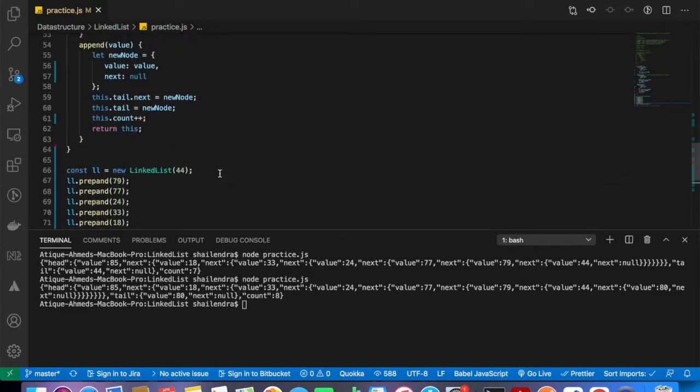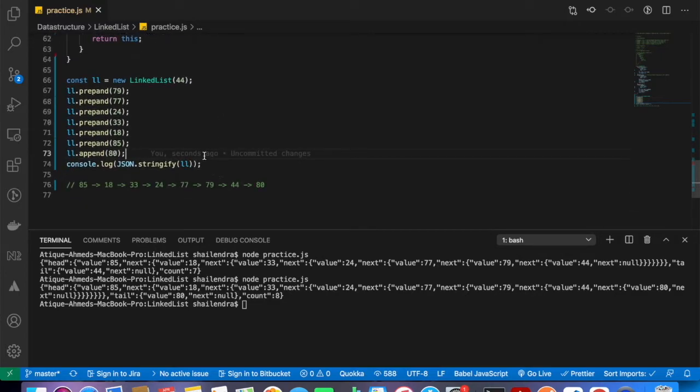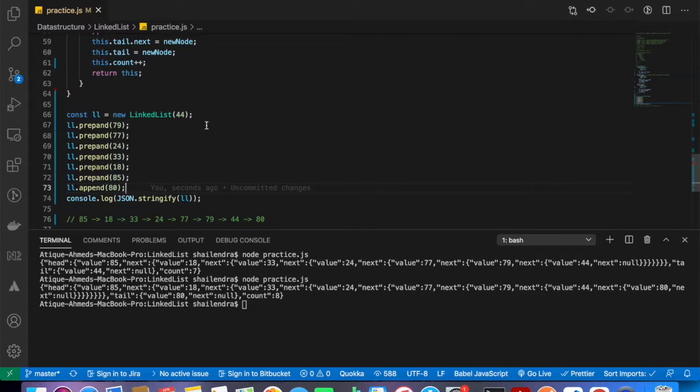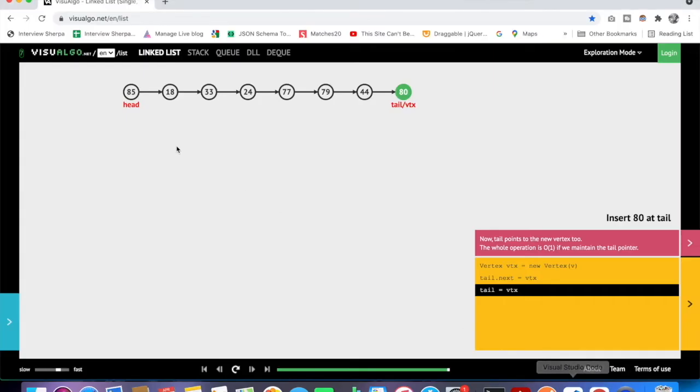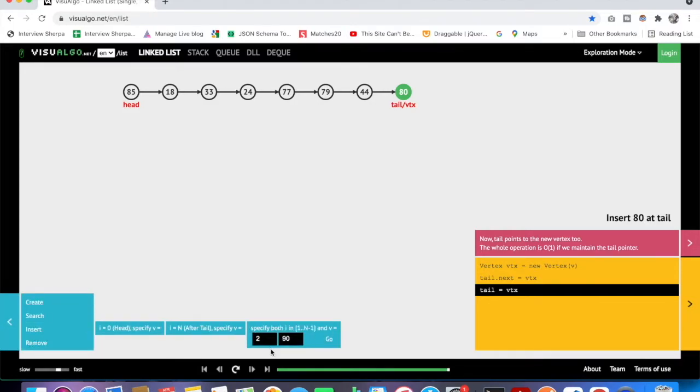Right. Now we are going to insert a record in the middle of the linked list, and we need to pass the index as well. Based on the index that we pass, it will insert the element in the linked list. So let's do the visualization first. To insert an element in between the linked list, we click on insert and pass the index first.